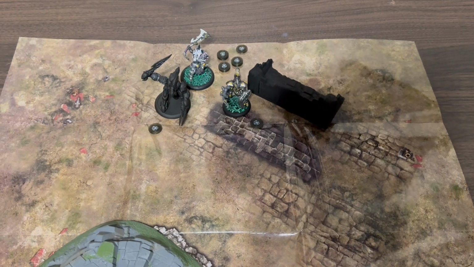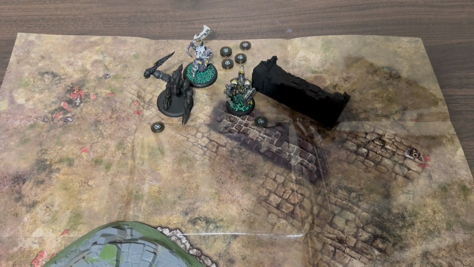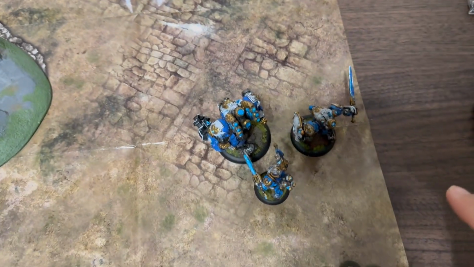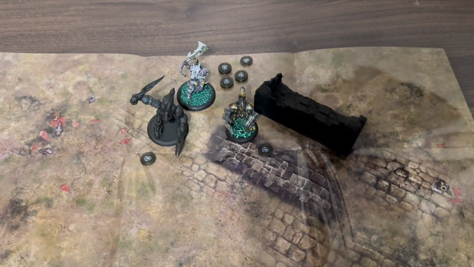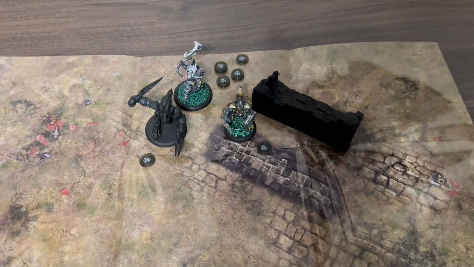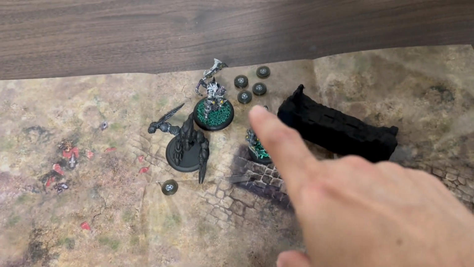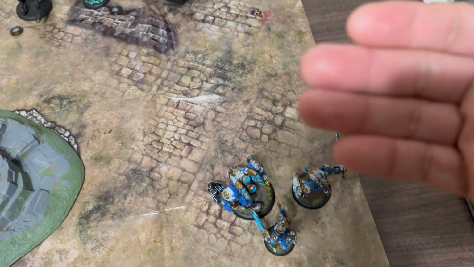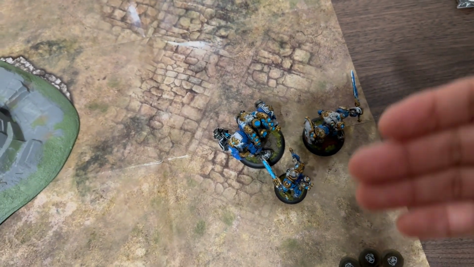You could do either the assassination, or you can do the execution. Assassination is basically your warcaster is killed by any model, just like any regular model. Once you lose them, you lose the game. Execution, on the other hand, the warcaster from the opposite player has to do the killing blow of his opponent's